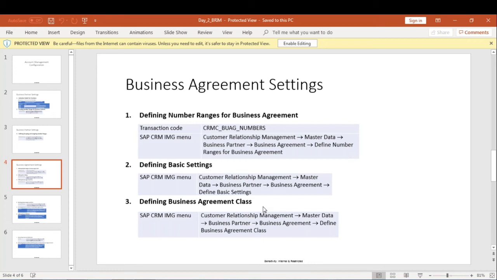We can go and buy any goods through the Amazon site. That is, we are the direct consumers. Business to business sells the goods only to some organization, not to individual persons. So that thing we will define in the business agreement class.